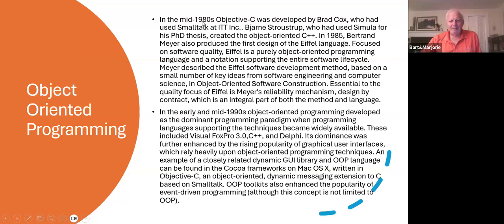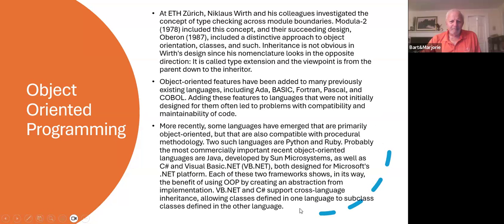In the mid-1980s, an object-oriented version of C, Objective-C, was developed, and other people such as Bjarne Stroustrup, who used Simula, created object-oriented C++, which we'll get to, and so you see it starts to take off. It's going everywhere. It's not just in the US. At the ETH in Zurich, Niklaus Wirth and his colleagues investigated this sort of activity with Modula-2, and they carried out a variety of